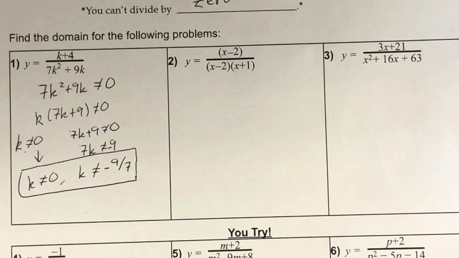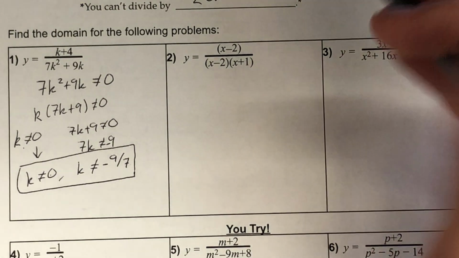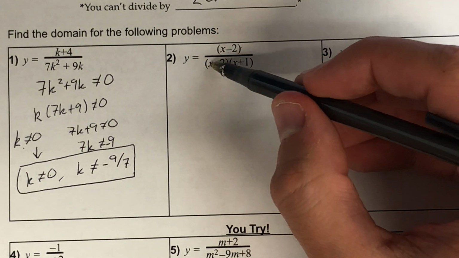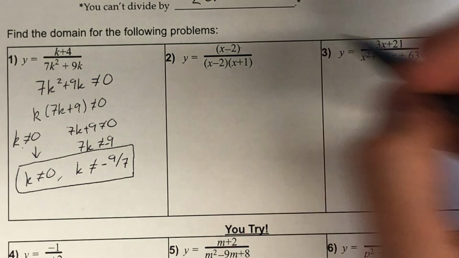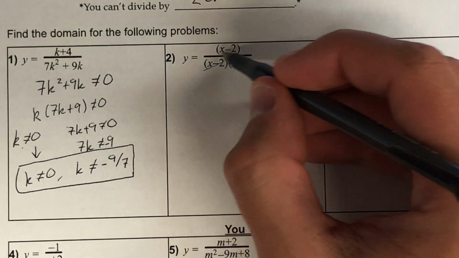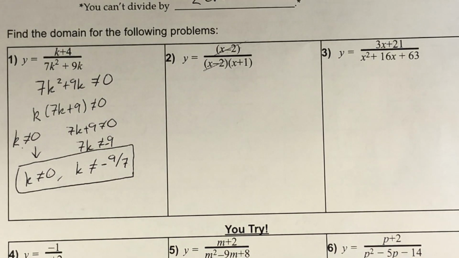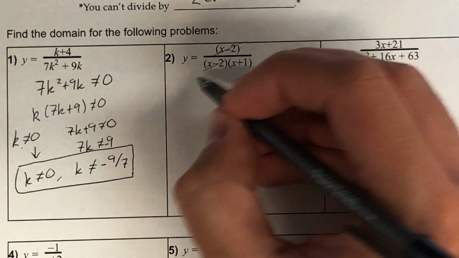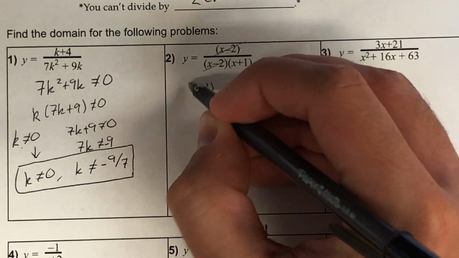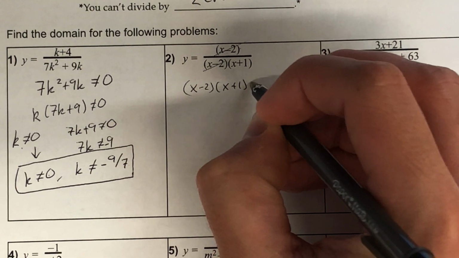Number 2. This one's a little interesting. So we have x minus 2 over x minus 2 times x plus 1. So your inclination is probably going to be, oh, I see x minus 2, let's cancel. When you are graphing this, that could be valuable. However, you have to work with the function the way that it's given to you when you're determining domain and range. So we do want to make sure to set that whole thing equal to 0